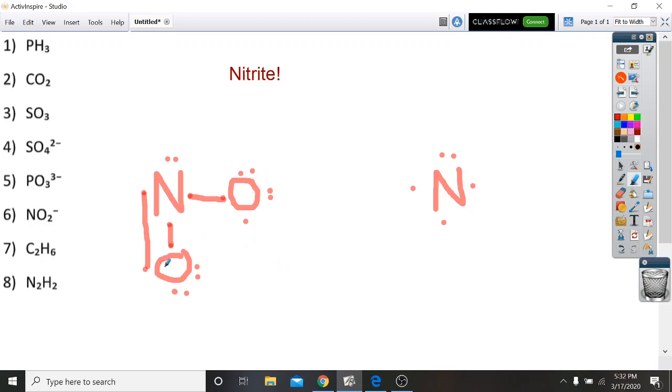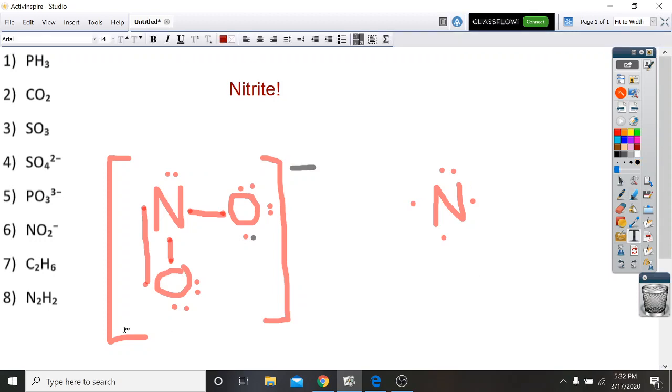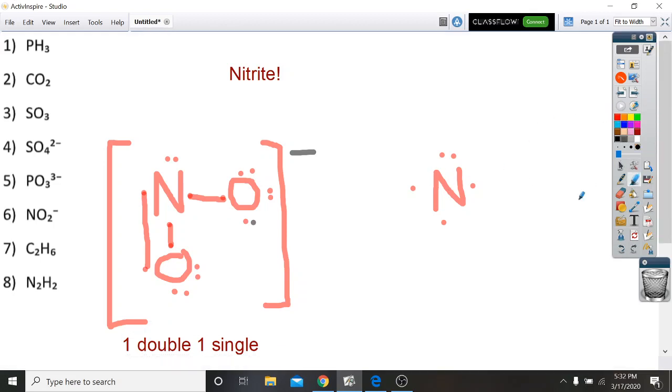So what is missing? Yep, the electron. I have to add an electron in. I'm going to add it right here so that this oxygen can be happy. So I have one double bond and one single. Over here in the other one,